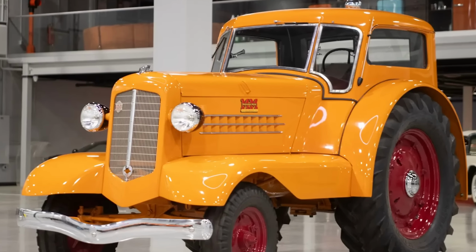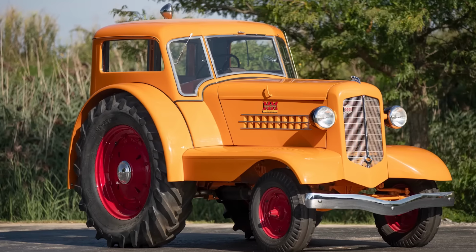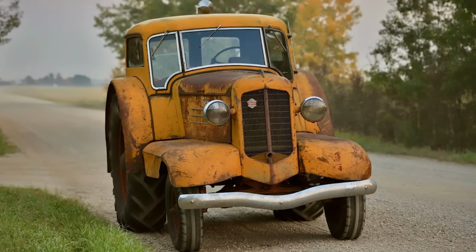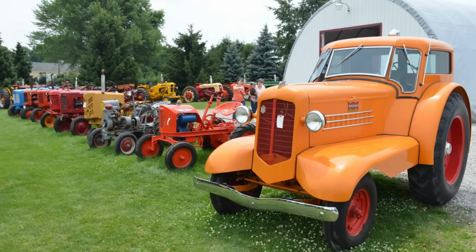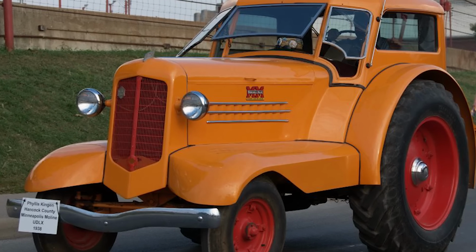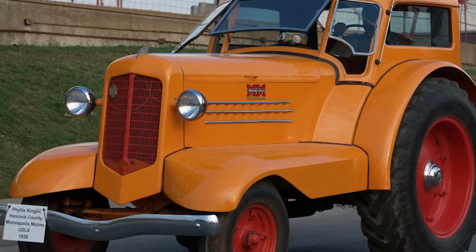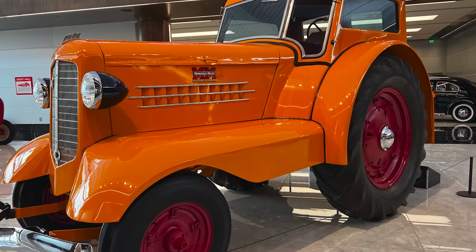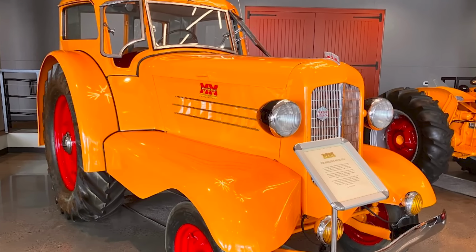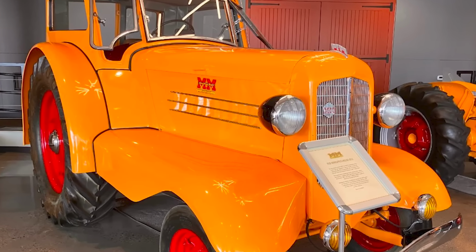The tractor itself was mechanically solid. The 283.7 cubic inch 4-cylinder engine produced 46 horsepower and a 5-speed synchronized manual transmission. Genuine synchromesh gears, like an automobile, gave the machine a top road speed of 40 miles per hour. A highway-capable farm tractor in 1938 was essentially unheard of. The price was the machine's fatal flaw,